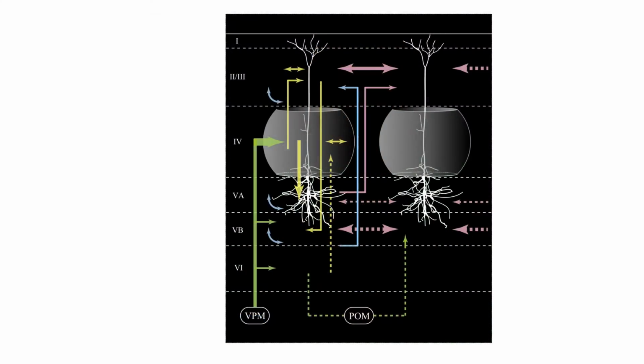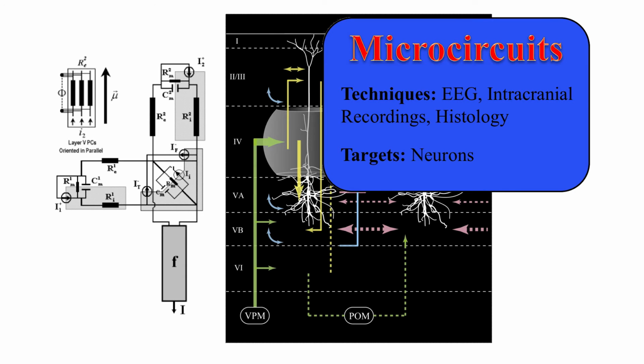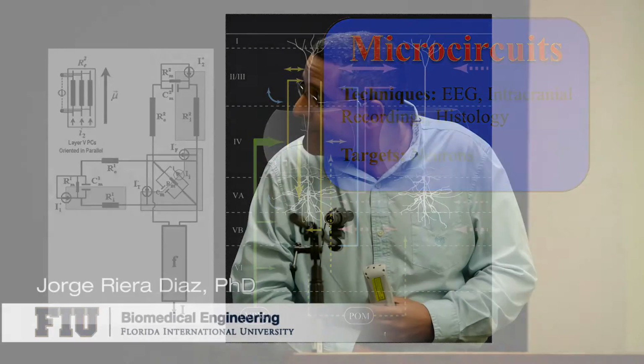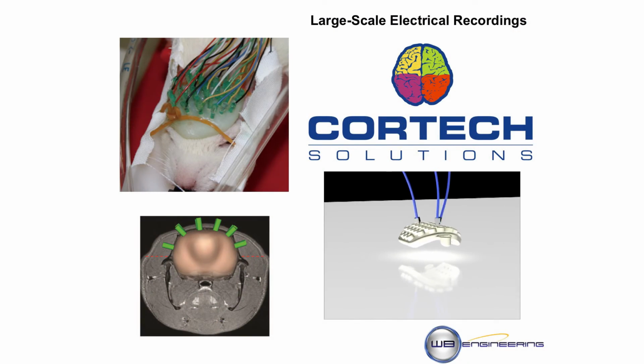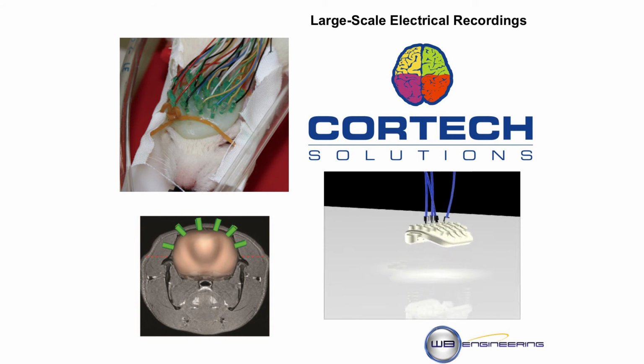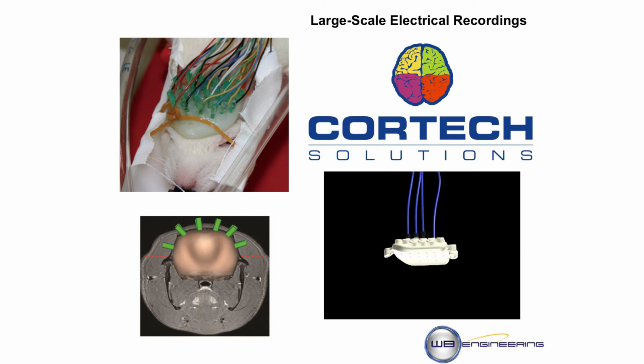Another area of interest is microcircuits, and one of the reasons that we use this is to understand how circuits are organized in the cortex of the animal. And for that, we have a group that uses EEG, intracranial recording, and histology. We have a new technique that has been patented here in the United States, or is right now in revision. And actually, we can record high-resolution EEG channels from the rat,